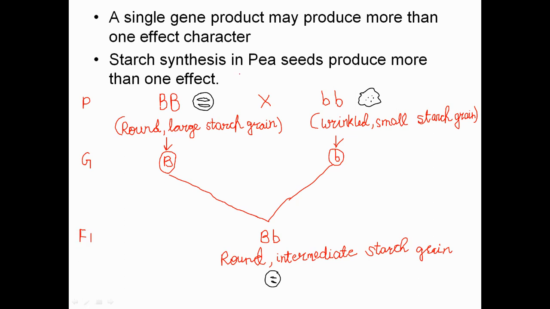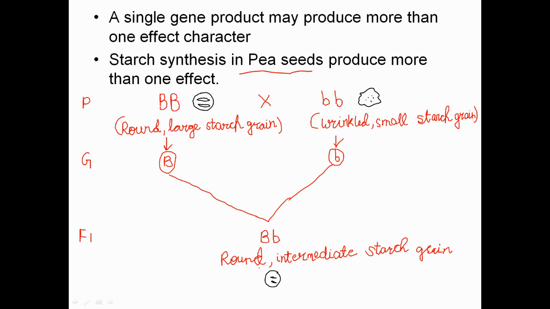case of pea seeds. Here you can see the seeds are round and having large starch grains, and the seed is wrinkled having small starch grains. If the starch grain size is large, the seed will be round, and if the starch grain size is small, then the seed will be wrinkled. If we take the pure breed or the true line of the pea plant, and we cross them, we have the F1 hybrid. And this F1 hybrid is quite unique, as in terms